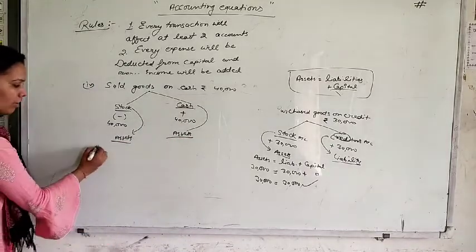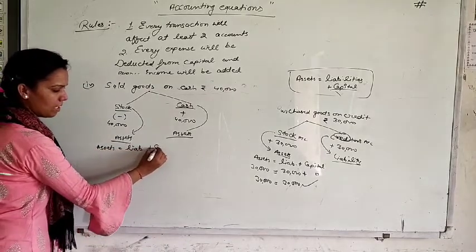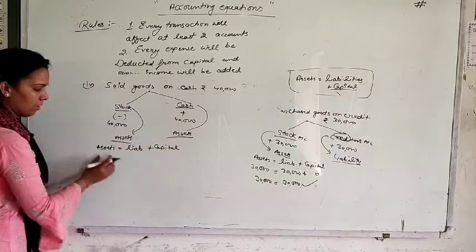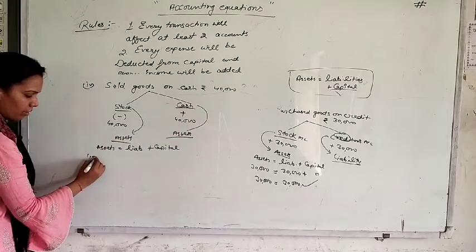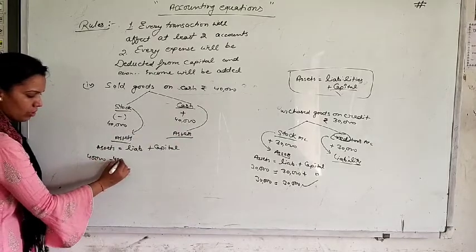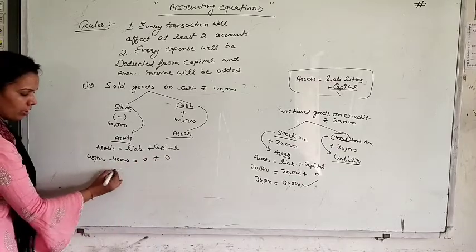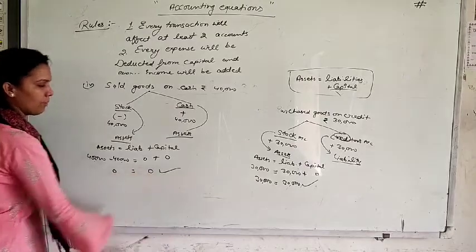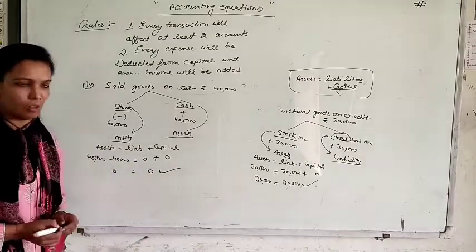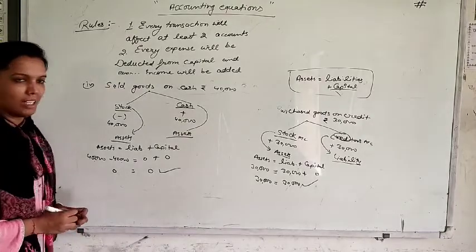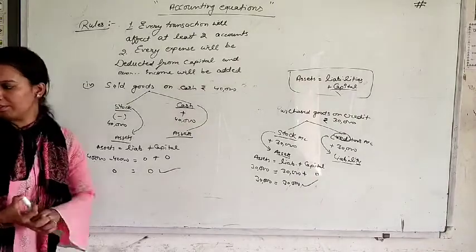Let's fetch the equation. Assets equals liabilities plus capital. Asset 40,000 in minus and 40,000 in plus. So 40,000 minus 40,000 equals, there is no liability plus capital. 40 minus 40 is 0, and here is also 0. It means your equation matched. So this type of transaction we will solve in our questions. I think we need 1 or 2 more transactions. After this we will start the question.